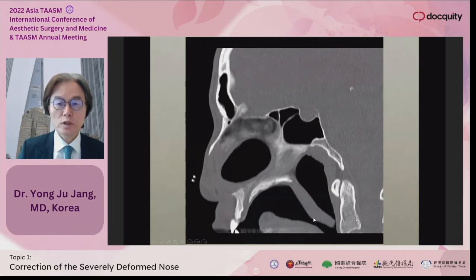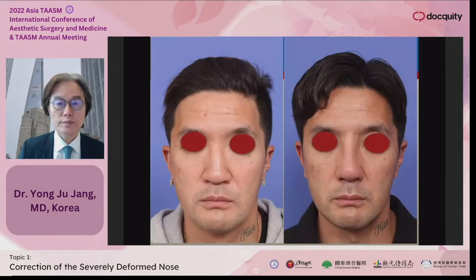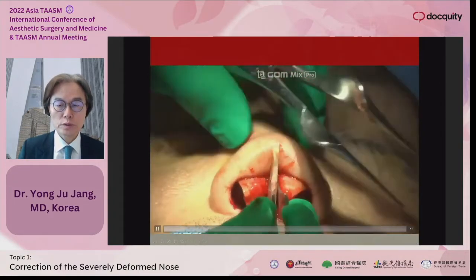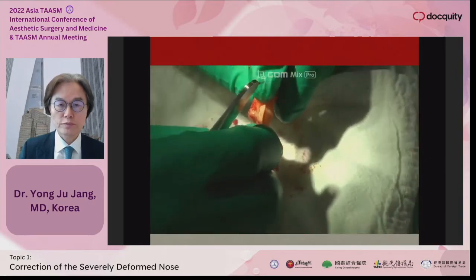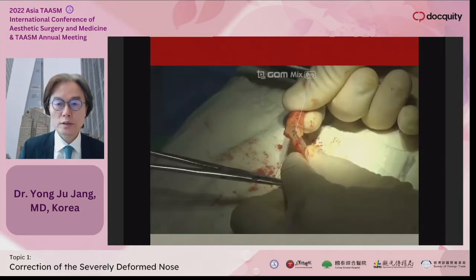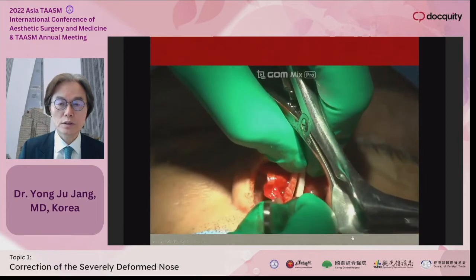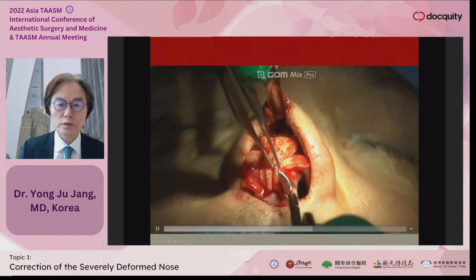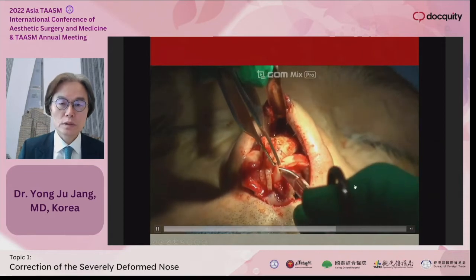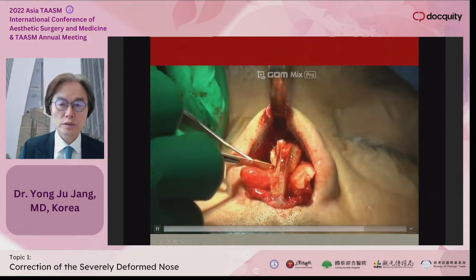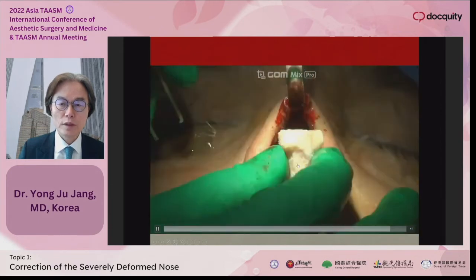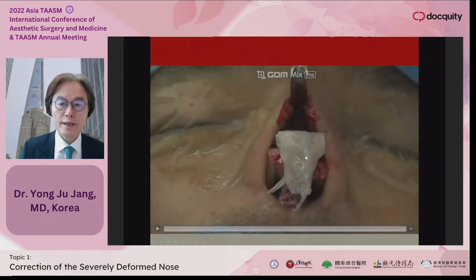In this case, we also cannot dissect the septal mucopericardium. So the concept of the bypass graft is once again useful for this kind of patient. I opened the caudal septal mucosa, which is a very, very restricted area. In that restricted area, I placed the septal costal cartilage, the caudal part of the allograft, and then the dorsal implant was integrated with this columnar strut part, and then a T graft was added, and perichondrium was covered,